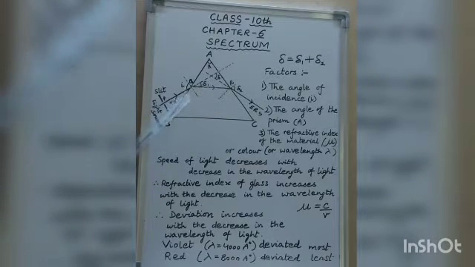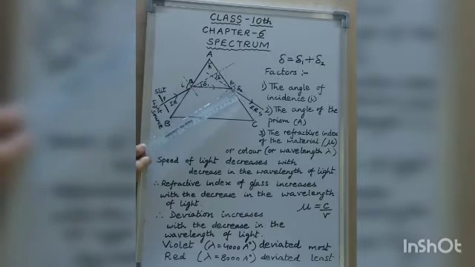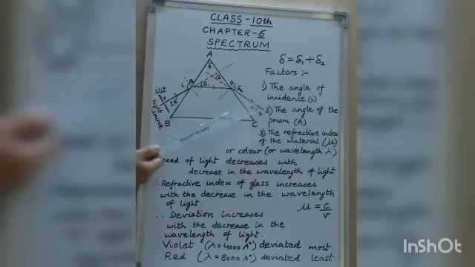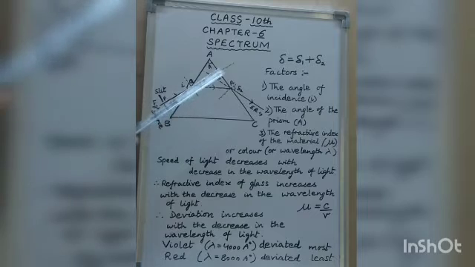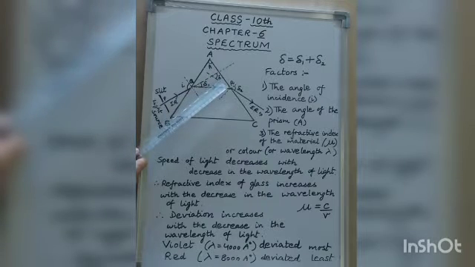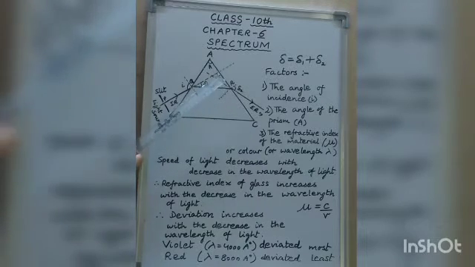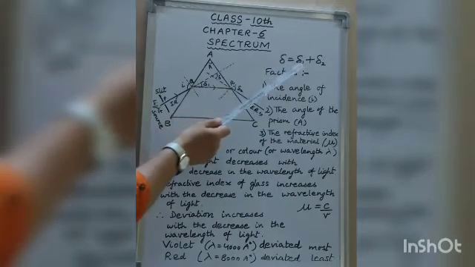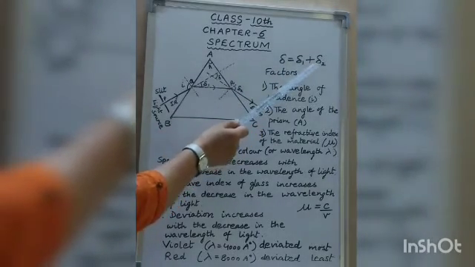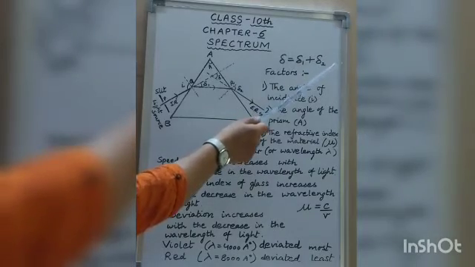See, earlier the ray was moving like this. But in presence of the prism, when it passes through the prism, it is deviated like this, RS. So, this is the incident ray, this is the emergent ray. If you produce the incident ray forward and the emergent ray backward, the angle between them is called the angle of deviation. So the total angle of deviation delta equals delta 1 plus delta 2, the angle of deviation at the first surface plus the angle of deviation at the second surface.